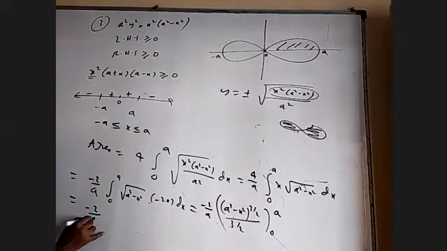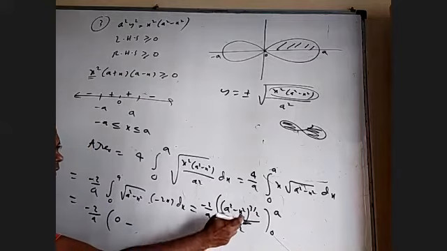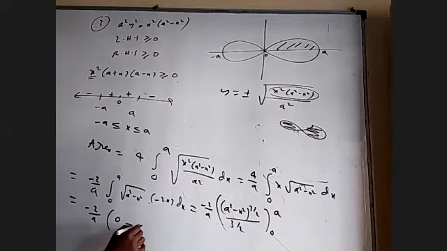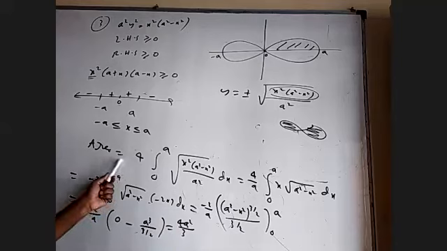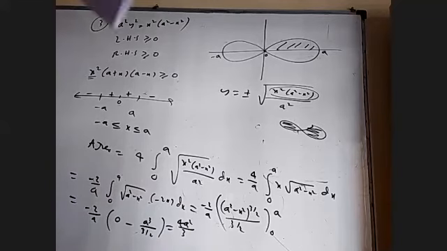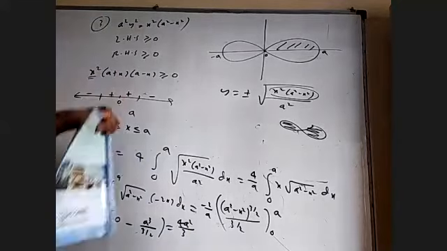So minus 2 by a. When I put a, it is 0. And when I put 0, it is a cubed by 3 by 2. Minus minus will go, this 2 will go up, a will cancel, 4a squared by 3. I calculated 4, you carry it right here. 4a squared by 3. Option C, it is good.